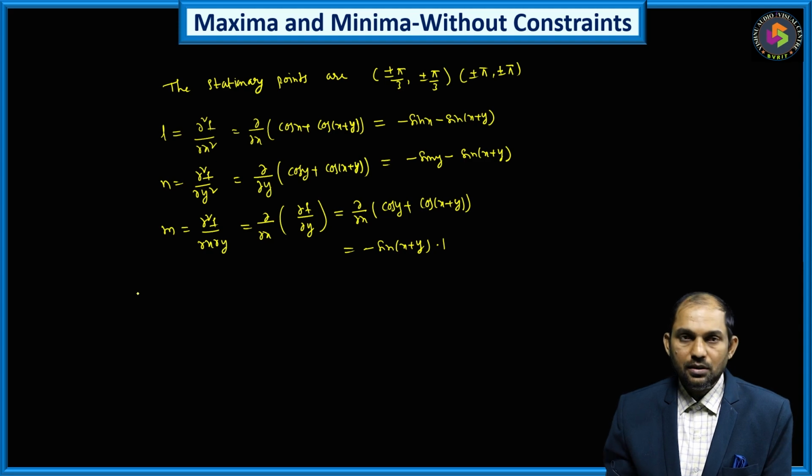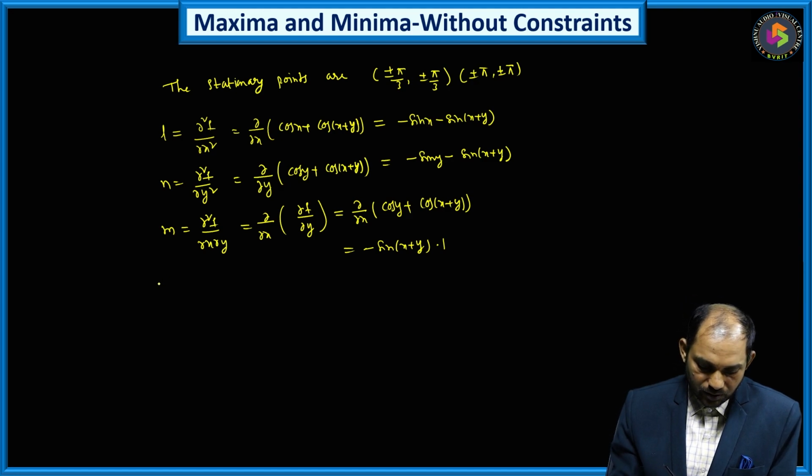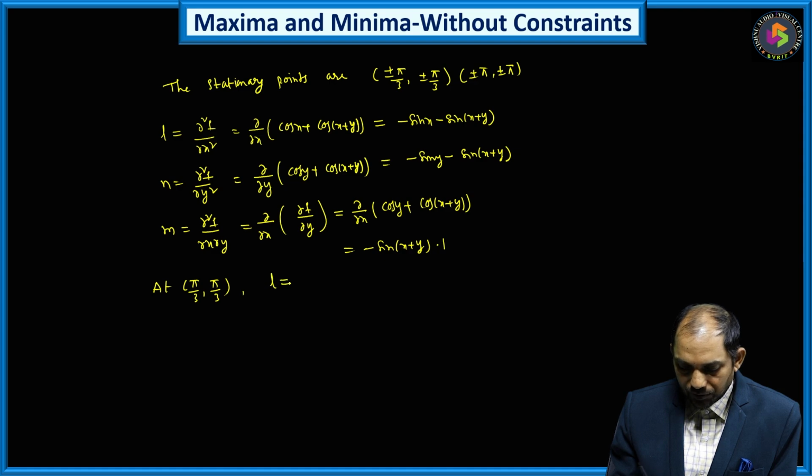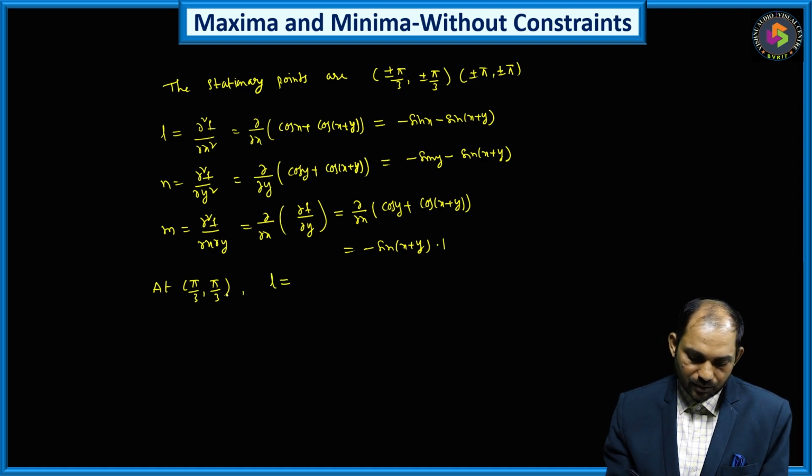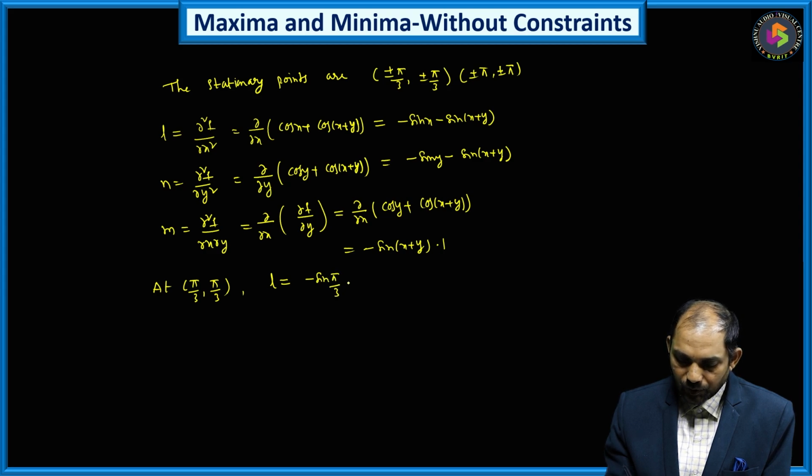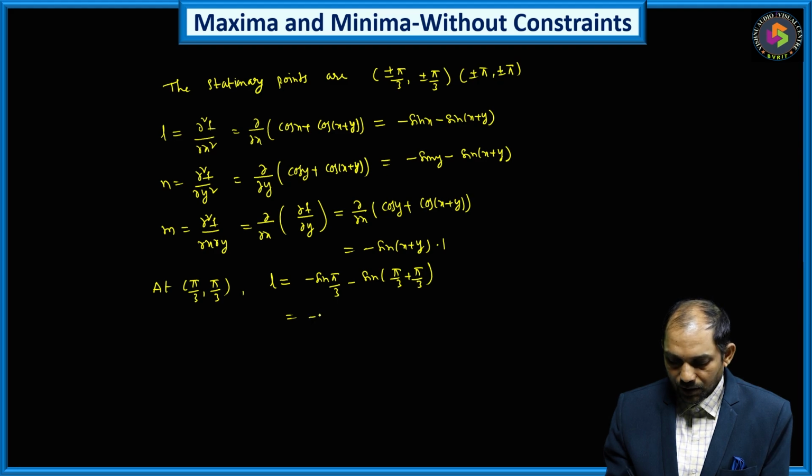At each and every stationary point, we have to check the sign of Ln minus m square in order to ensure whether it possesses a maximum or minimum. So first let us take the first stationary point, pi by 3 comma pi by 3. Let us compute the value of L. At pi by 3 comma pi by 3, it is minus sin pi by 3 minus sin of pi by 3 plus pi by 3. So minus sin pi by 3 is minus root 3 by 2,